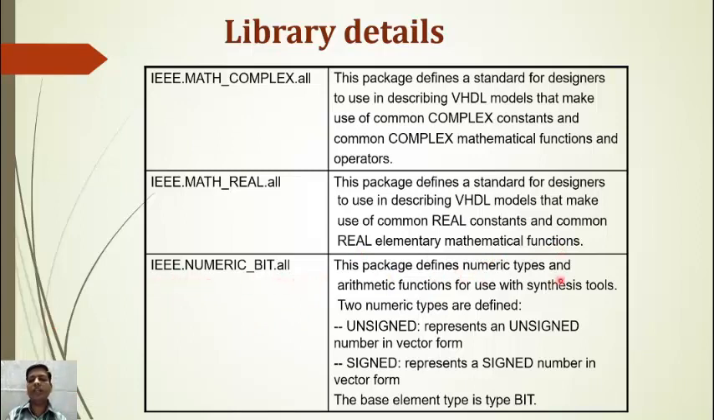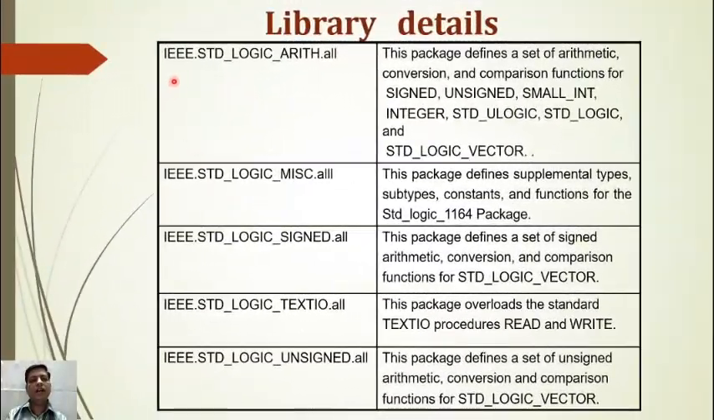IEEE.numeric_bit.all. This package defines numeric types and arithmetic functions for use with synthesis tools. Two numeric types are defined. Unsigned represents an unsigned number in vector form. Signed represents a signed number in vector form. The base element type is type bit. These are some more libraries: